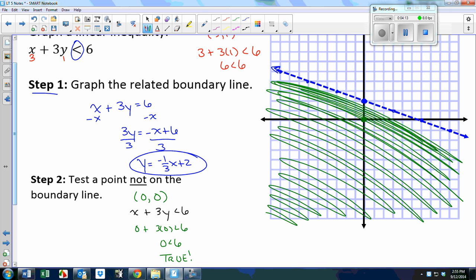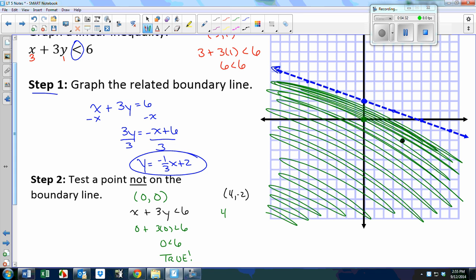Just to prove it, I'll pick a more random point just to prove that it does work. Let's try 4, negative 2. It's in our shaded region, 4, negative 2. So let's see if 4, negative 2 works. And it will because